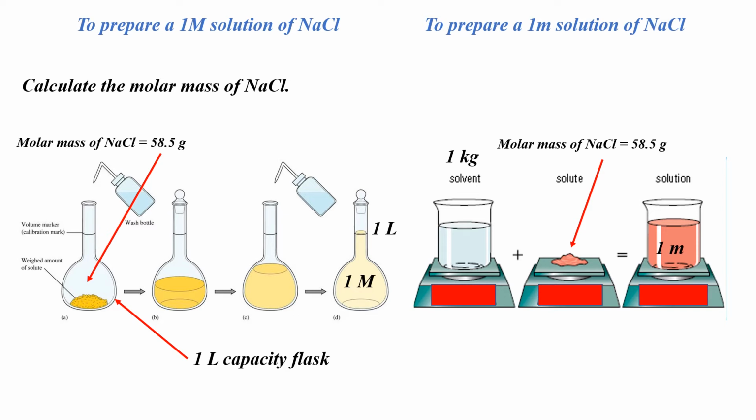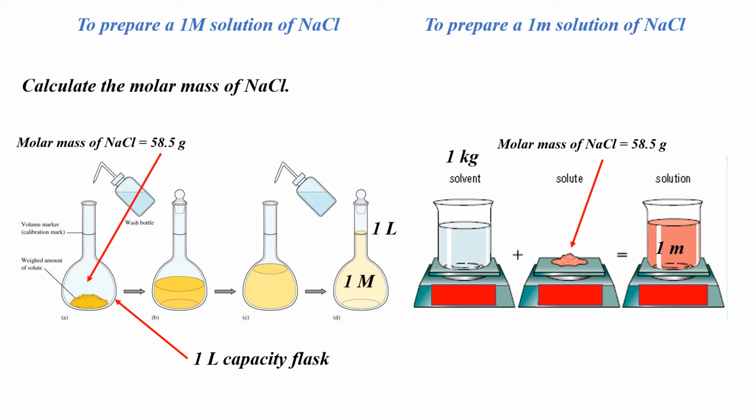You would transfer 58.5 grams of NaCl into the volumetric flask, and then fill half the flask with water. Then you shake it vigorously and dissolve all the particles of NaCl completely, so that you should be able to see through the solution in the flask. It should be that transparent.